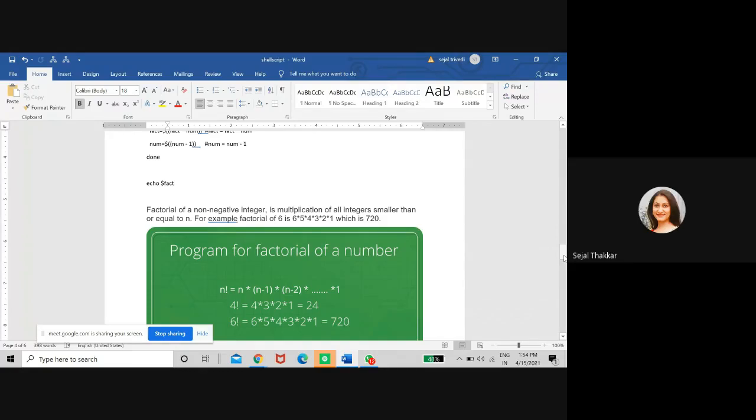So 6 itself we consider: n multiplied by n minus 1, multiplied by n minus 2, multiplied by n minus 3, up to 1. If I want the factorial of 5, then 5 multiplied by 4, multiplied by 3, multiplied by 2, multiplied by 1. So that number and all the lesser numbers up to 1 we multiply to get the factorial of a given number.